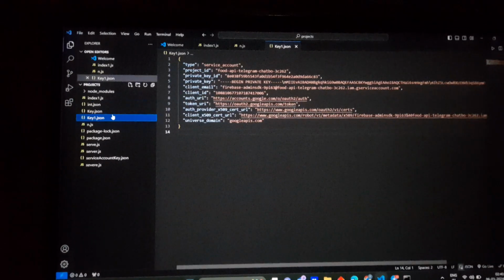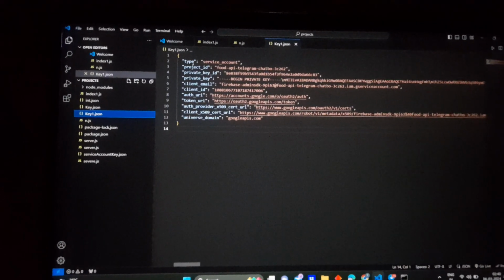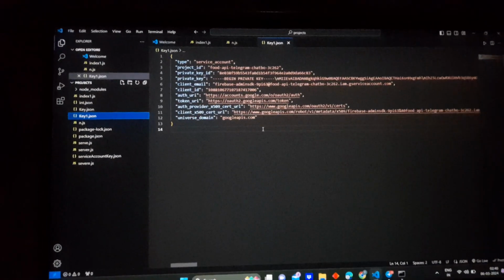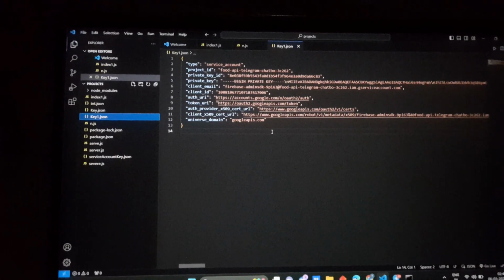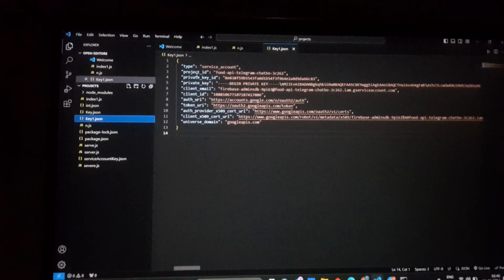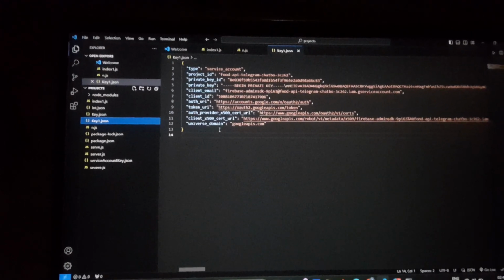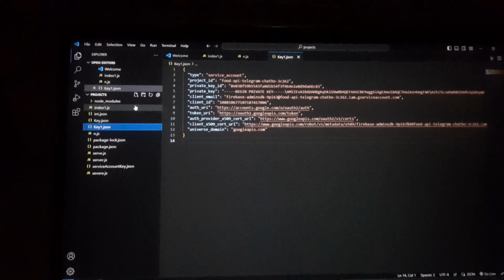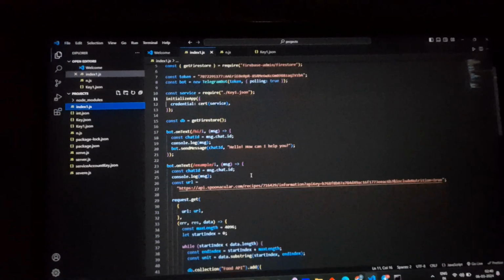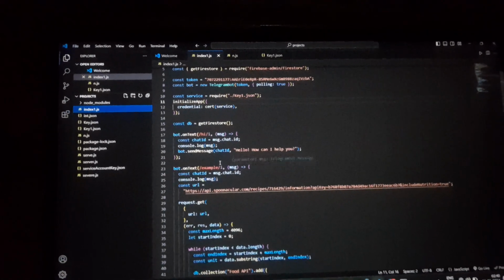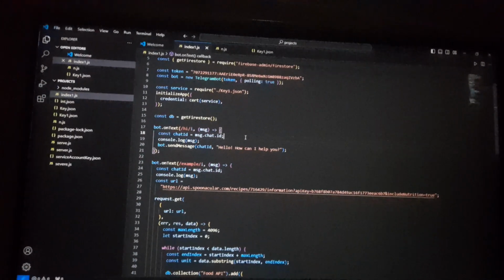As we can see in the key1.json file, we have the complete information about the Firebase project that we created in the Firebase database itself, that is, type, project ID, private key, client email, client ID, auth, URL, etc. If we go into our file index1.js, we have created a function for hi. If the input given in the Telegram chatbot is hi, then it should print hello, how can I help